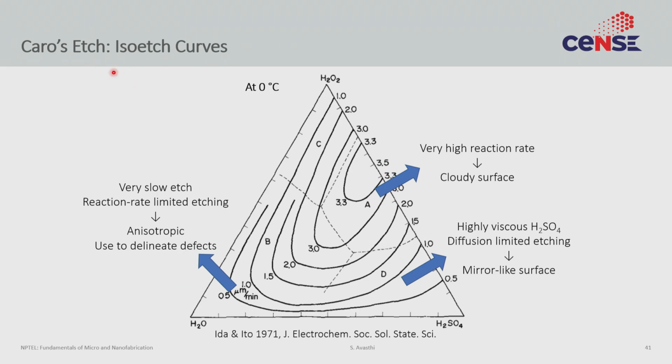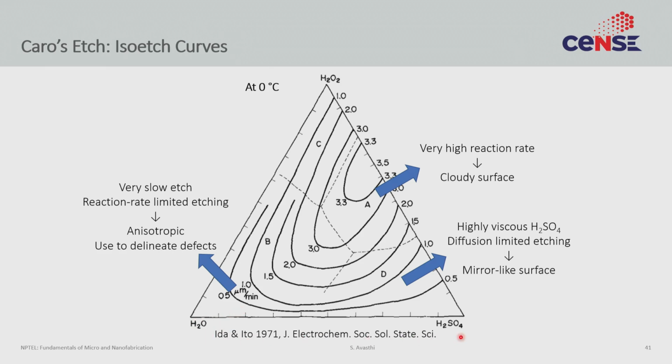So the canonical etch for gallium arsenide is what is called Caro's etch. It's a 3-component etching solution. It has peroxide, which is the oxidant. It has H2SO4, which is the acid, essentially the replacement for nitric acid from the silicon etch. And it has water, which is the diluent. Because we don't have HNO3, there is no need to actually have a low dielectric diluent like acetic acid was in the HNAH.